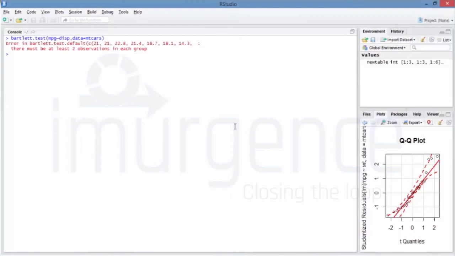Right. So it says there must be at least 2 observations in each group, and displacement evidently doesn't have something like that. Let me just change this and make this as weight.